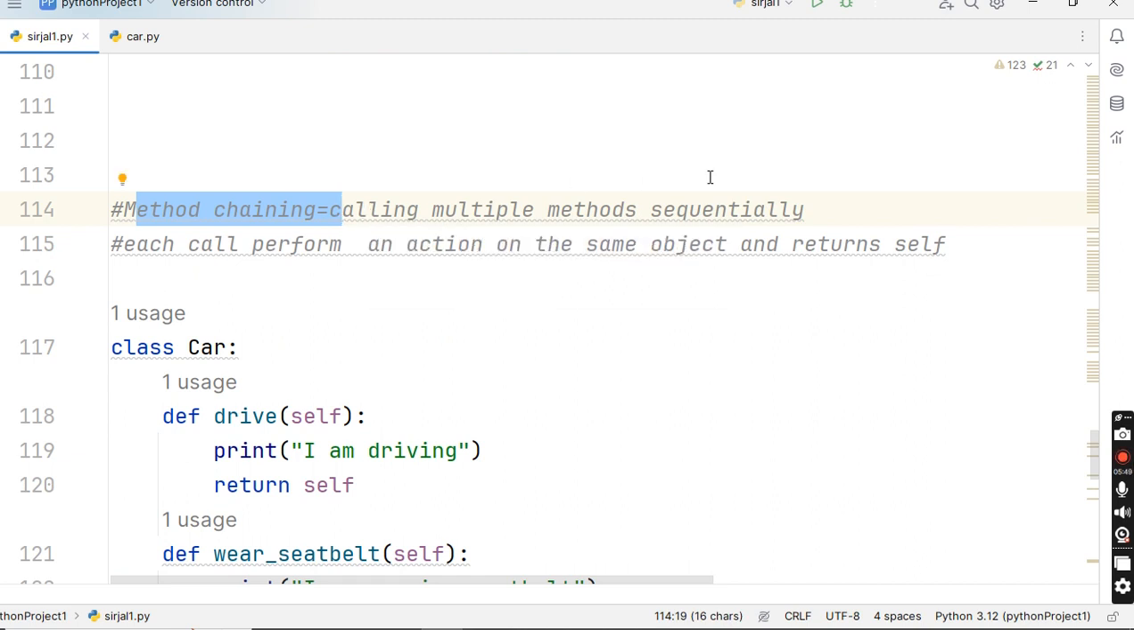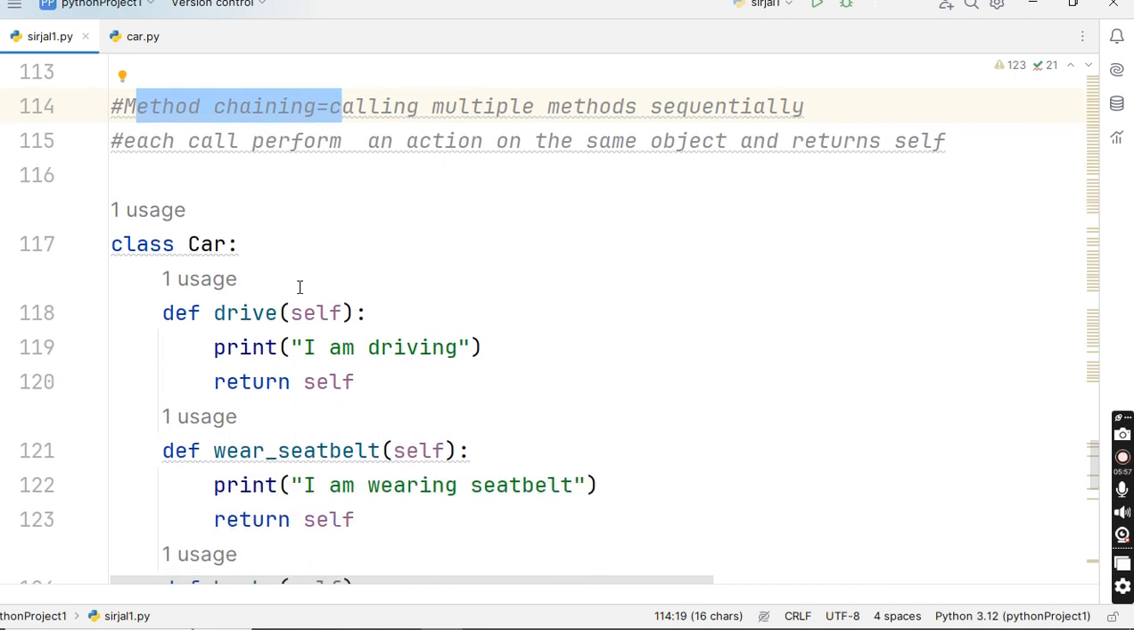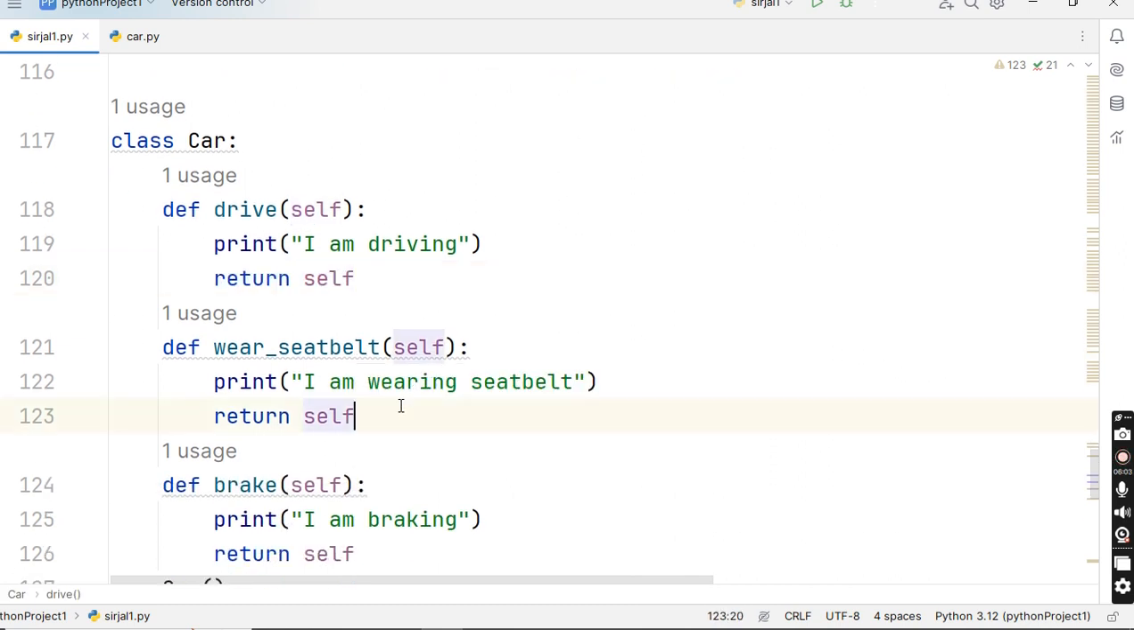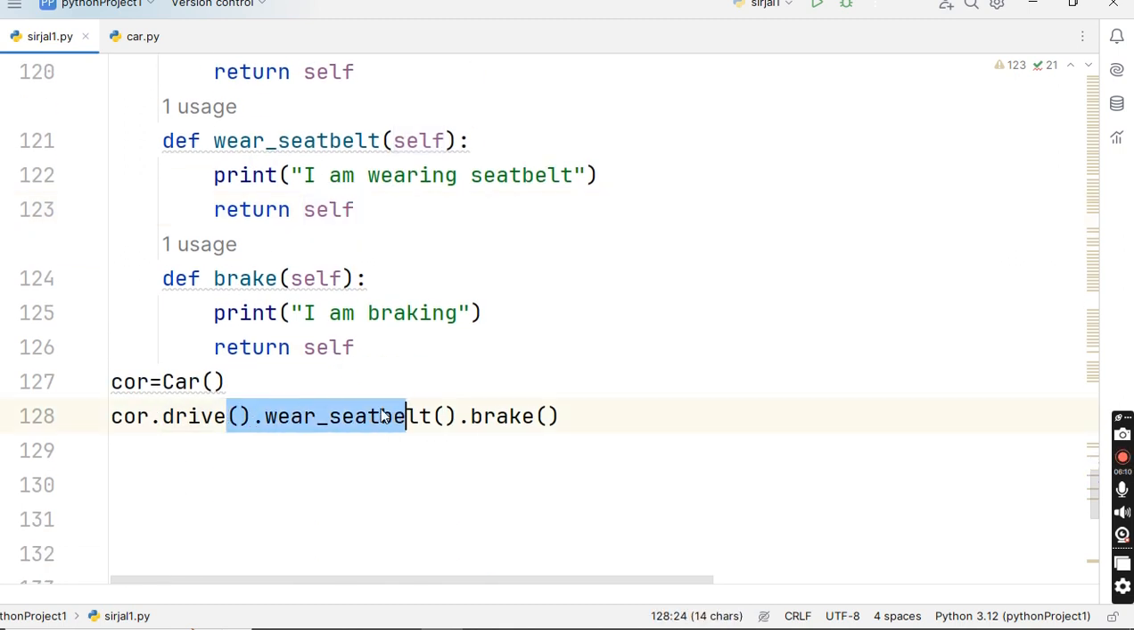So method chaining is a matter of calling sequentially, where each call performs an action on the same object and returns self. The basic thing you need to know in method chaining is that you need to return self in all those functions. That is the simple idea. So thanks, that is all for